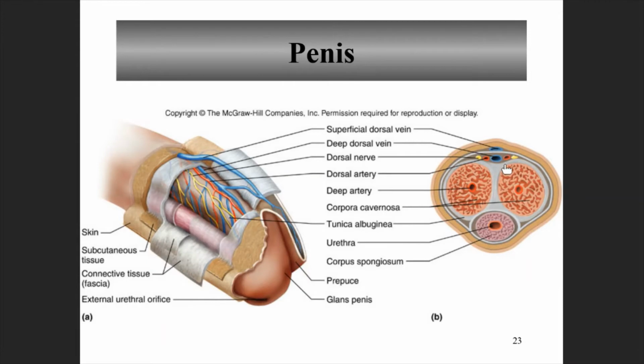Draining from the penis is this deep dorsal vein. As this erectile tissue is enlarged, it can occlude the dorsal vein. So in other words, blood does not leave the penis because there's no drainage. All of this will be occluded. Okay,